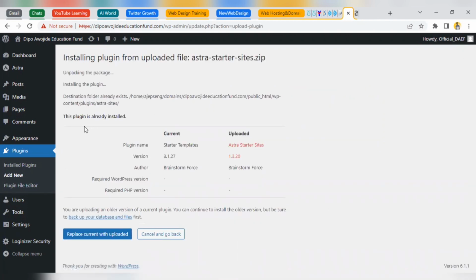Okay, the plugin is already installed. Yeah, it has already been installed. Once I click, immediately I click the, so it says replace current upload and everything. Astra starter templates, but they've changed it to starter templates. All right. So I guess we will just probably leave that, and we'll go